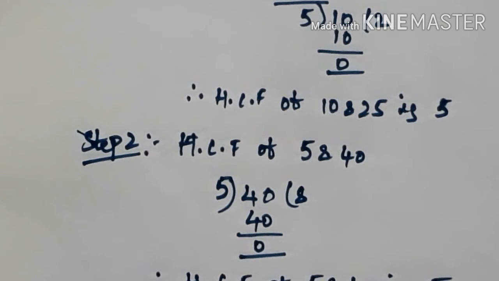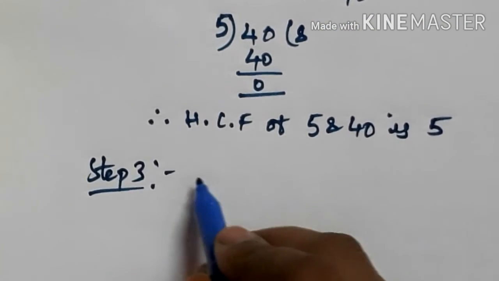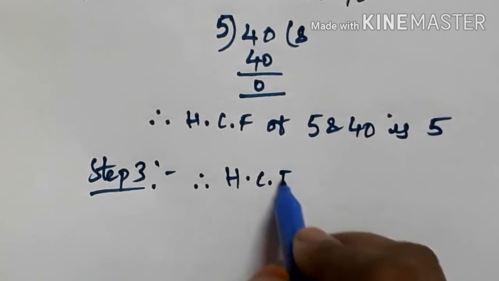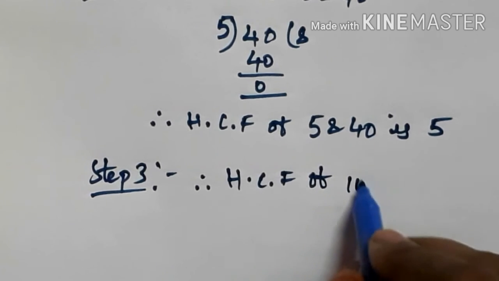In step 3, you need to write the overall HCF. The overall HCF of 10, 25 and 40 is